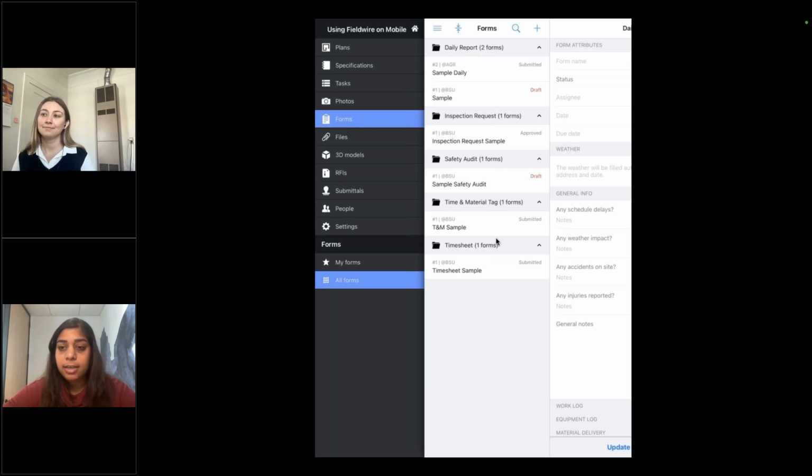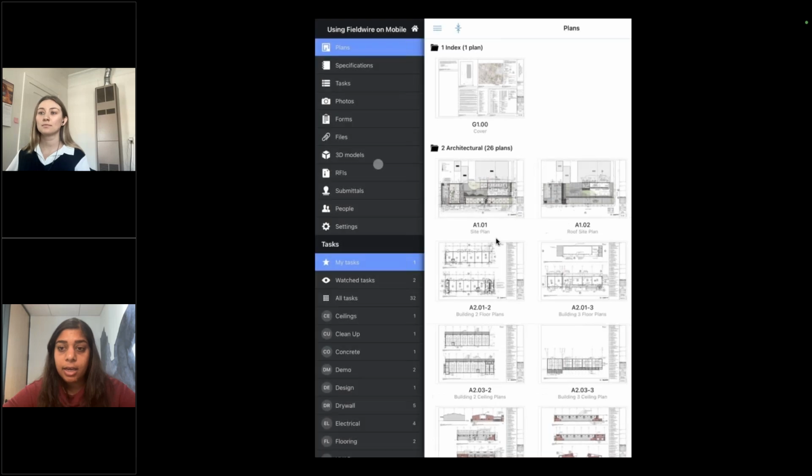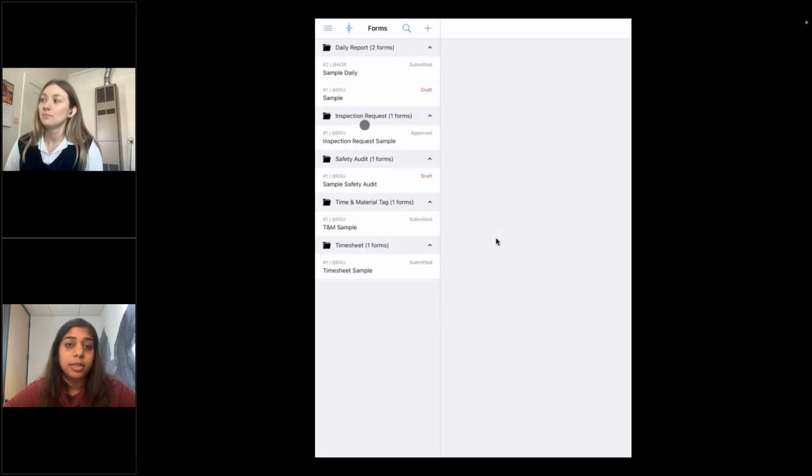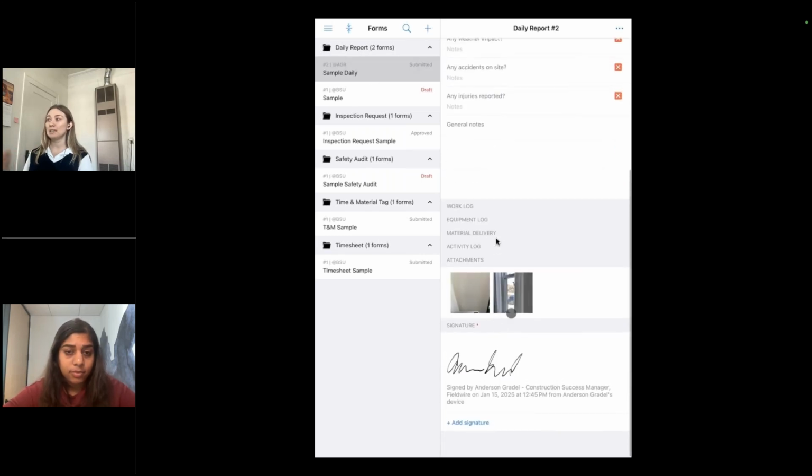Perfect. Thanks, Anderson. Let's go over a couple of questions here on forms specifically. Firstly, are the form statuses configurable? Great question. Yes, they are configurable. So when you build your form templates, you'll also see an option to adjust or change your statuses. So they come pre-built with draft and submitted, but you can add in additional statuses such as reviewed or approved,